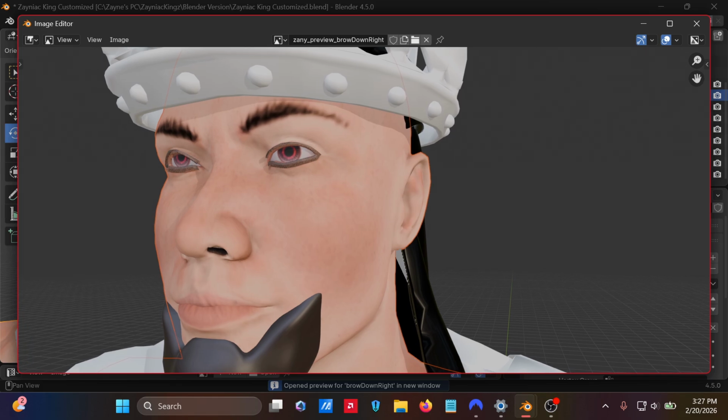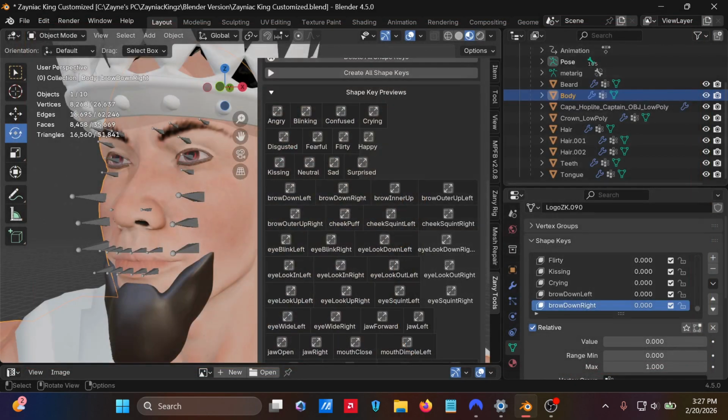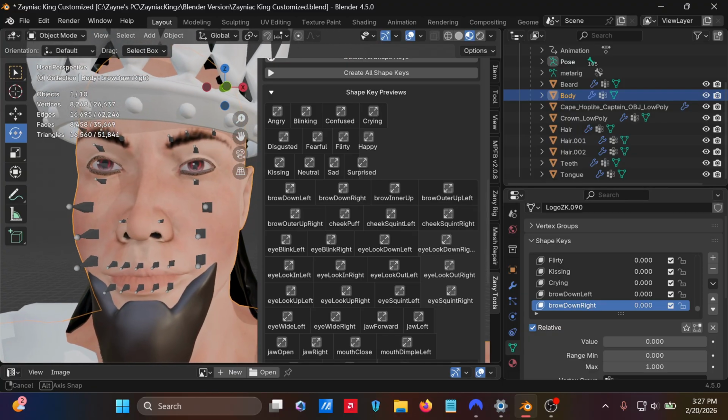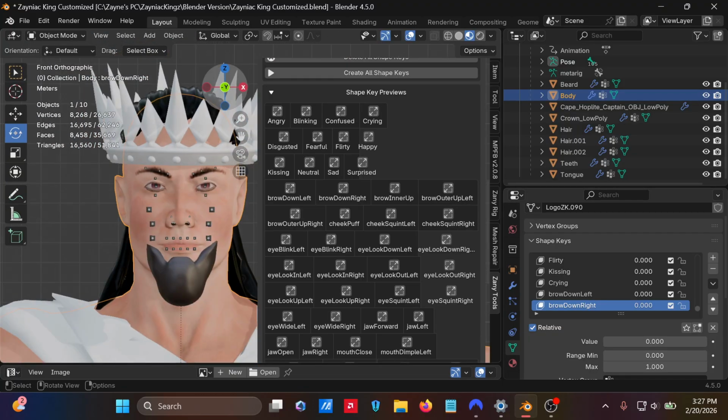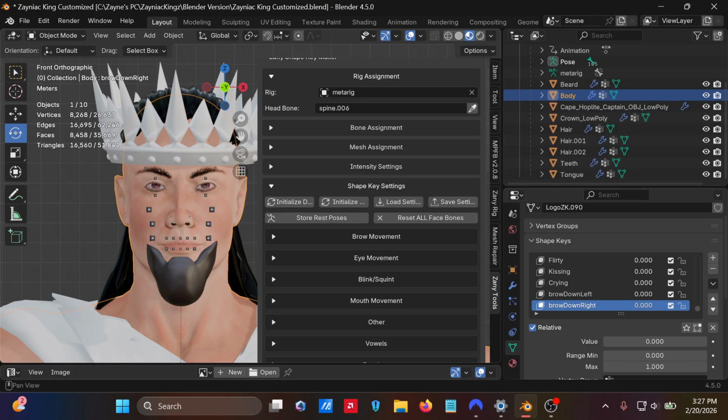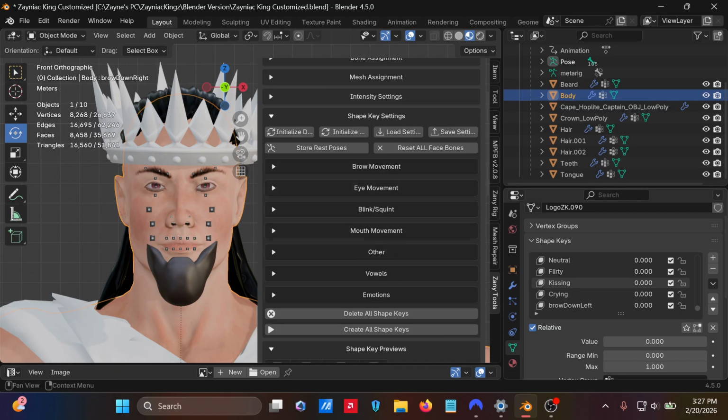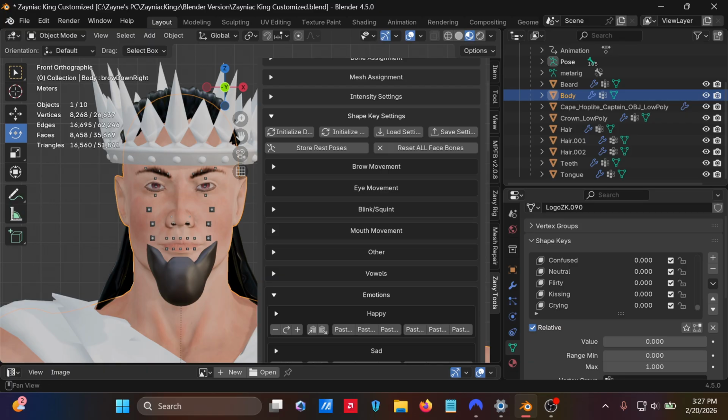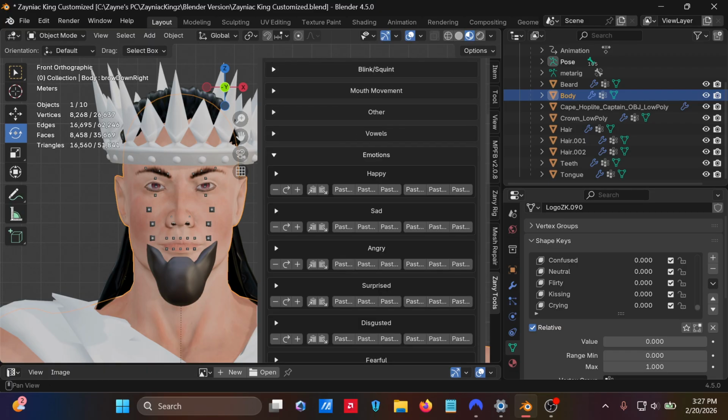This will show based off of your position. So if you want to get a clear picture, it's always good to just make sure that you're facing directly in the viewpoint, and then you just add the shape key that you want. Another cool thing is, let's say you want to have a combination of your shape keys. You can also go in and let's say you want to do happy and you want to combine certain shape keys. That's the cool thing about this, is that you can go right here,